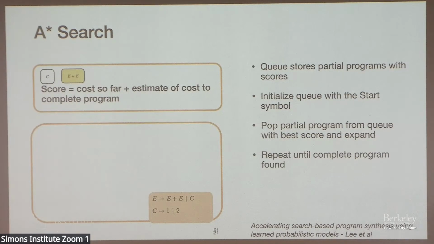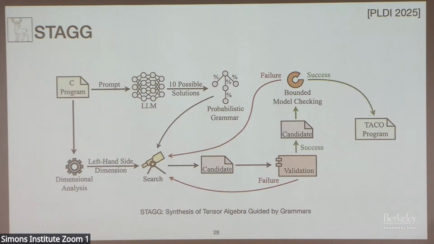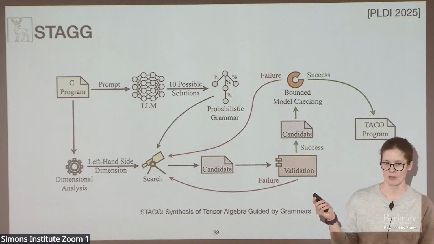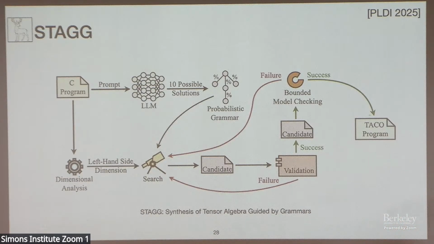So we keep repeating this. We keep popping off the best partial program from the queue, and then expanding it with the production rules that are applicable, and then putting it back in the queue with the new scores. We keep doing this until we've got some complete program. When we have a complete program, we then return to our synthesis loop, which is when we come to verifying our solutions. Bearing in mind we are enumerating templates here, so these aren't actually concrete solutions at this point.